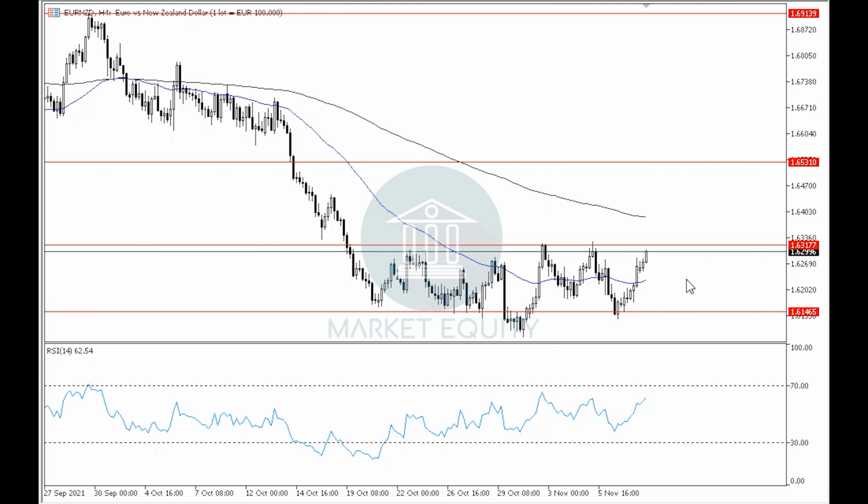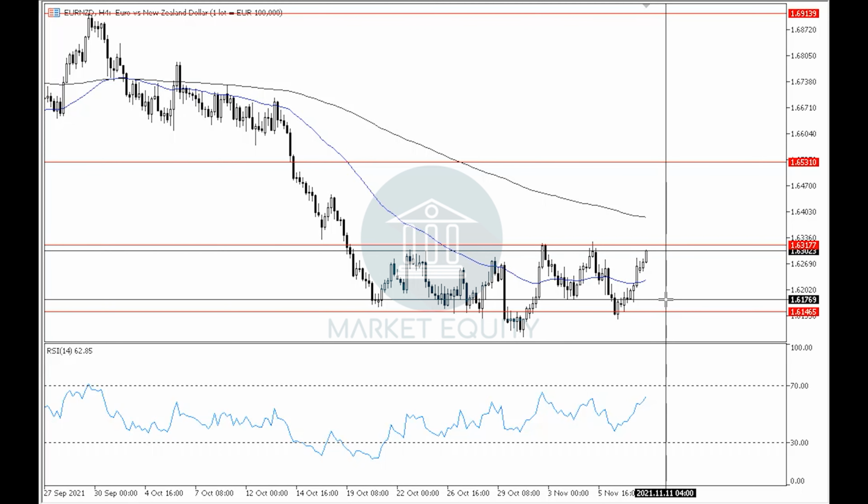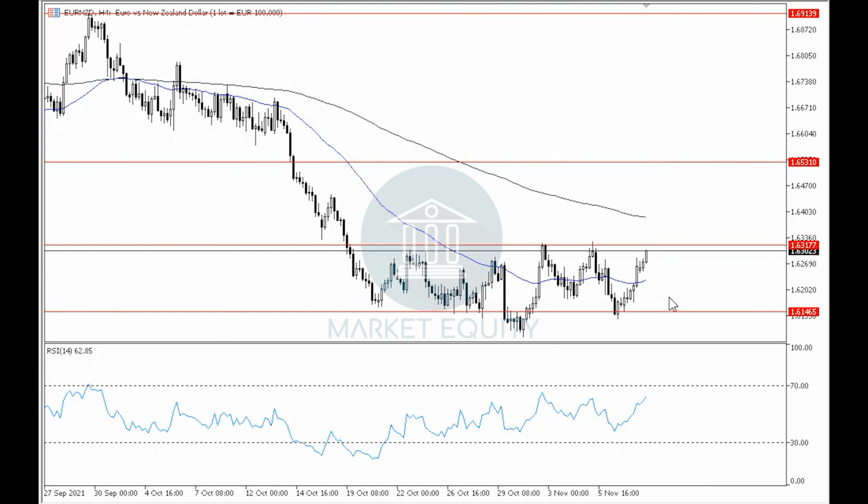One thing to note, however, is that throughout this sideways correctional movement, we can see that there has been signs of accumulation for the buyers between levels 1.6315 and 1.6080, which can be seen due to the formation of higher lows than the previous ones, as well as the fact that upon the breaking down through level 1.6175, the pair failed to hold below it and instead rebounded upwards off of around level 1.6145, where now we can say that it is expected to break upwards through the upper boundary of the sideways correctional movement, which is level 1.6315,